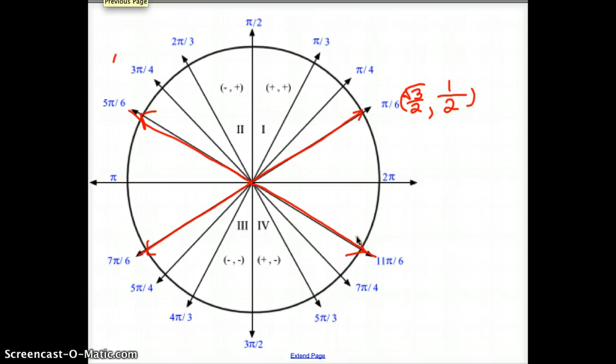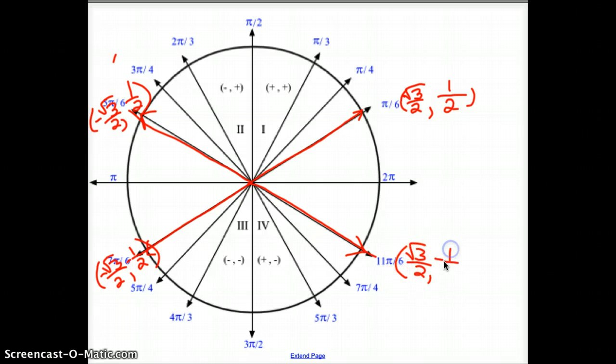So what that's going to do is, going over to quadrant 2, we've got our x negative and our y positive. Right here, they'd both be negative. And over here, we would have just a y negative. So again, you kind of get 4 for 1 on all of these. Last up,